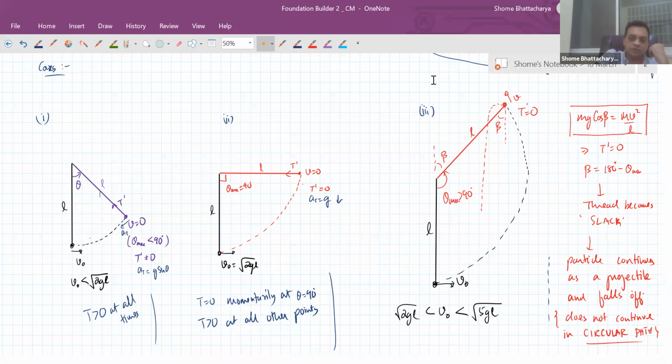Yes, exactly, Bhavesh. Very good question. And that is true. It will complete. It will perpetually keep going in vertical circular motion. It will never slow down. Every time it goes through the lowest point, it will go at that V naught. Every time it reaches the highest point, it will have that speed V, whatever it is at the highest point. And on and on, that will continue forever. At least theoretically, that's what should happen.